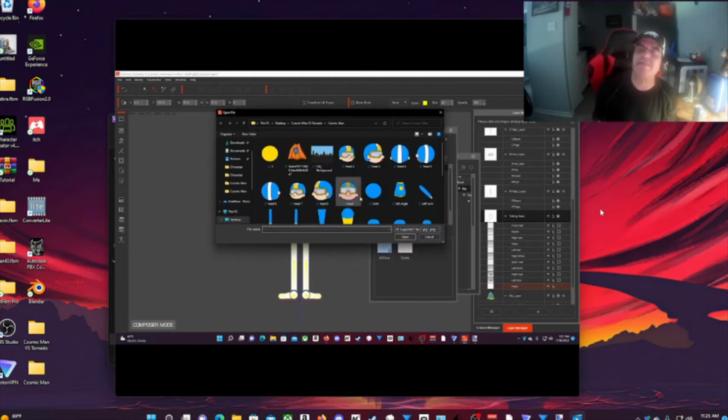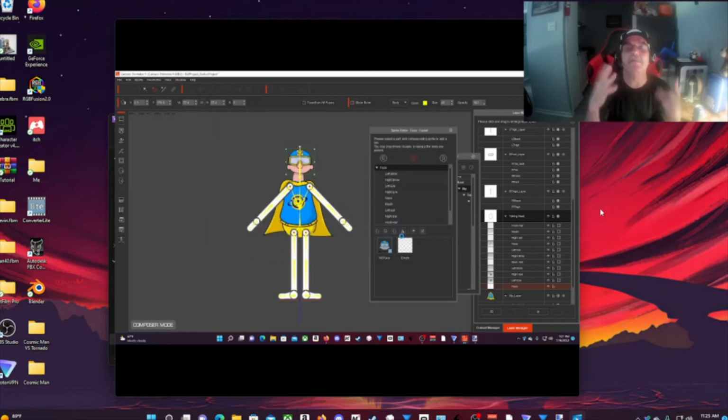If you go back and do a prop, for some reason his arms go through it, and it just didn't work out that way. So I'm putting all of my pieces together that I have made up. And this is what my Cosmic Man looked like back in the day of my high school years.